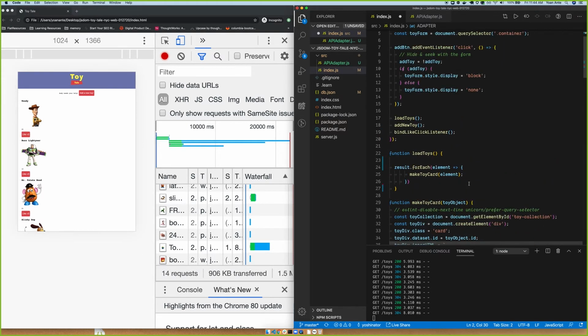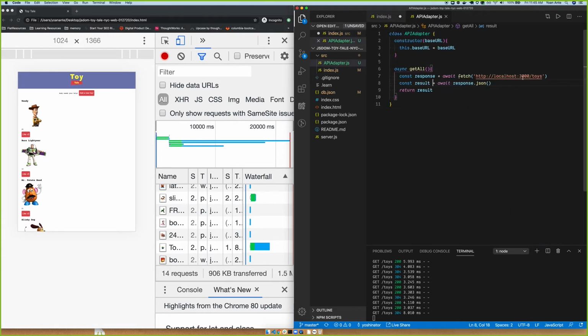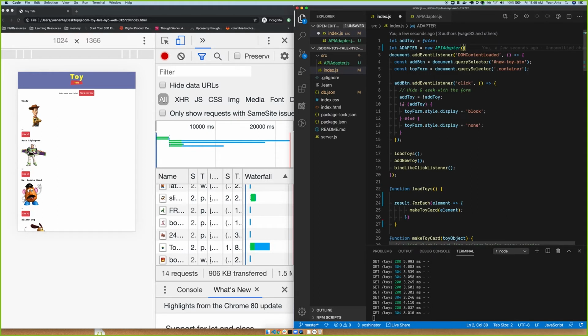I put it over here. So we're going to pass this guy in, minus the toys. Okay. So we created a new constant called adapter. Okay, so we have an instance of this adapter that we're going to use down here